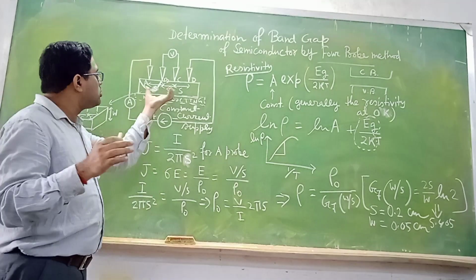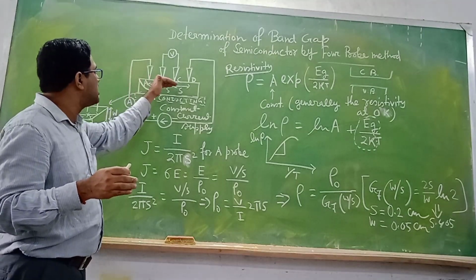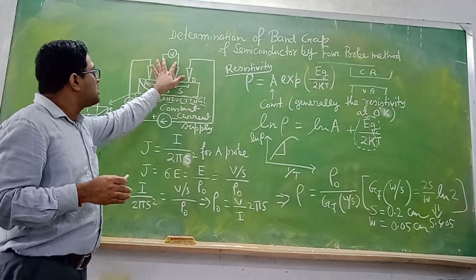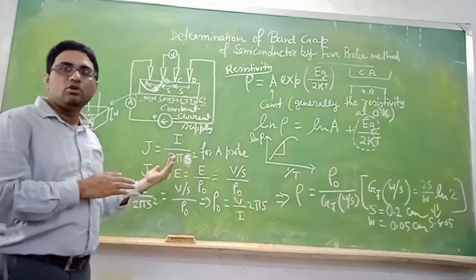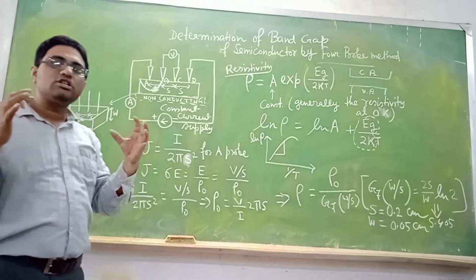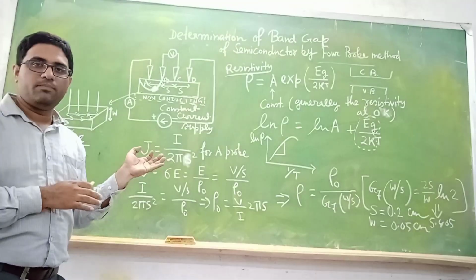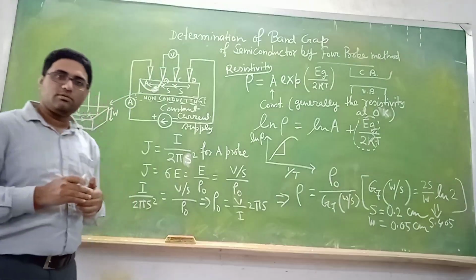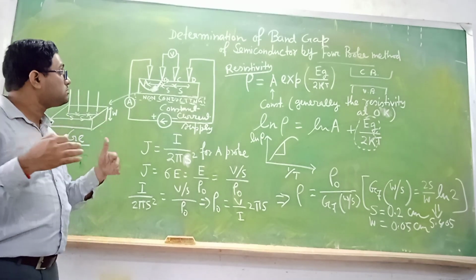So we will get the accurate voltage drop which is coming due to the flow of the current through the material. Okay, as no current is flowing through this voltmeter, there will be no extra drop coming from conduction of current through the voltmeter. The whole voltage drop, whatever we get, is actually coming from the sample itself, not from the voltage drop across the voltmeter. That's why the impedance of the voltmeter is set to a very high value.